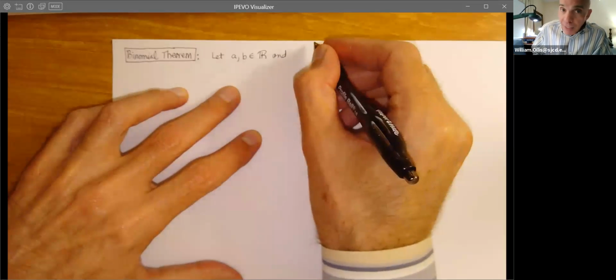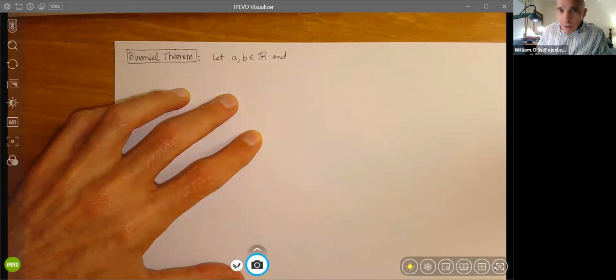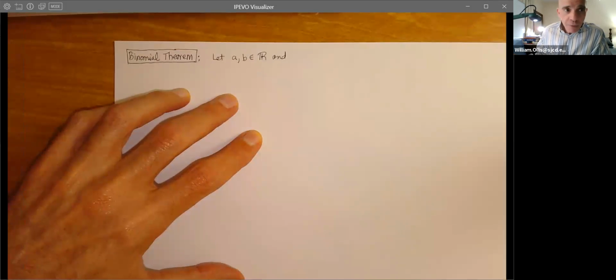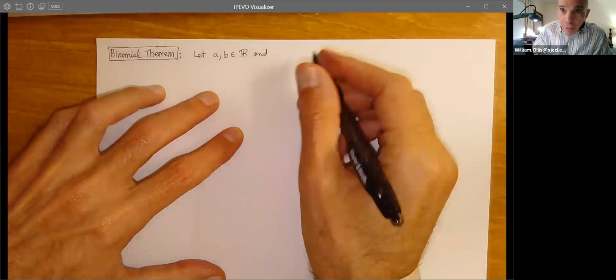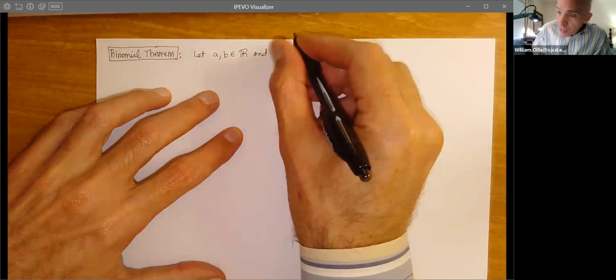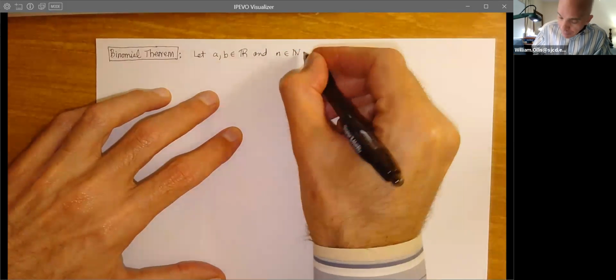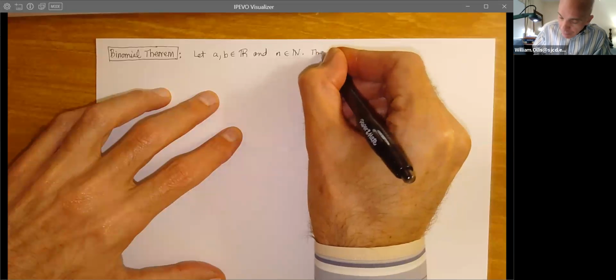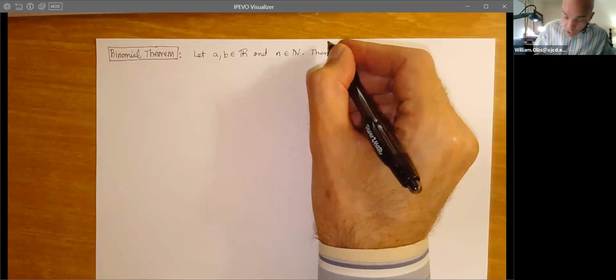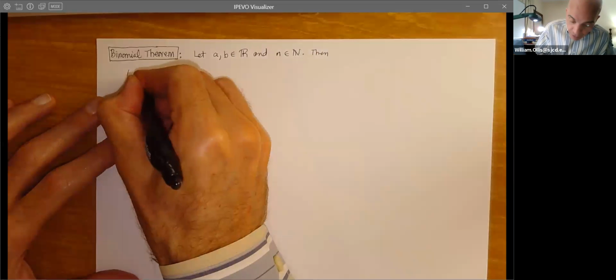They could be complex. Sometimes when I wave over it, it automatically focuses. So that's good. So let a and b be real numbers and n be, in this case, a natural number. Then, and this is where we get to use our sums, a plus b